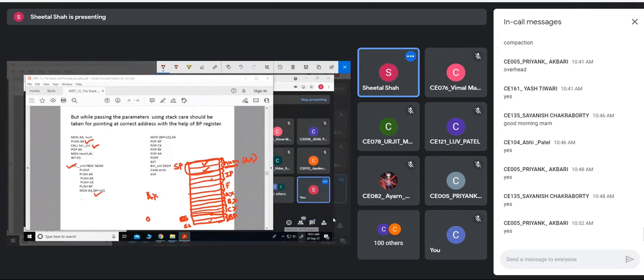So 1, 2, 3, 11, 12. Or here it should be 14, then 13, 14. So this value I have to copy into the stack. So this is the mistake here.